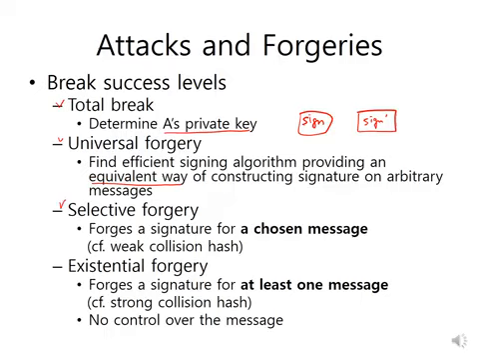Next one is a selective forgery. In this case, we assume the adversary can forge a signature for just a chosen message. This is like the weak collision resistance in the cryptographic hash function. And the final one is existential forgery. In this case, the adversary can forge a signature for at least one message. But there is no control over the message by the adversary. But if the adversary can forge a signature for any kind of at least one message, then this is called existential forgery. So this is the